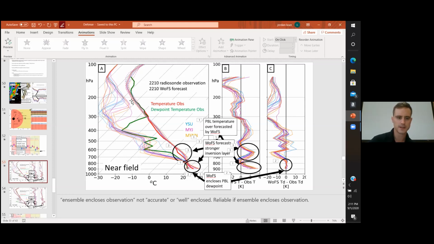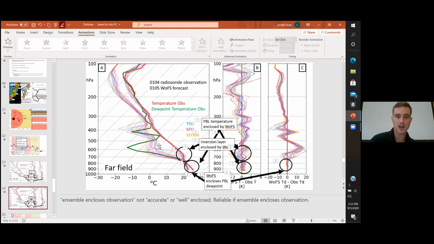And we confirm this with satellite imagery. But here in the near field, the observed cloud layer is much lower than we saw in WoFS, and there's actually quite a bit of spread in the depth of that anvil in WoFS. Some of these members don't really forecast much of an anvil at all here. Whereas in the far field, the entire profile is much more moist, and so I would probably assume that